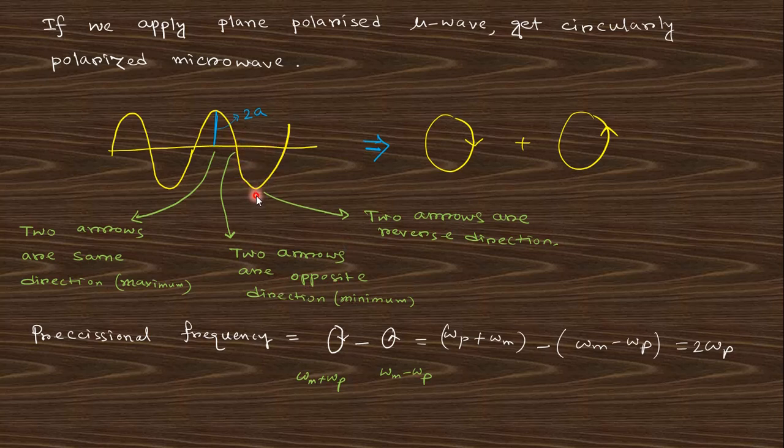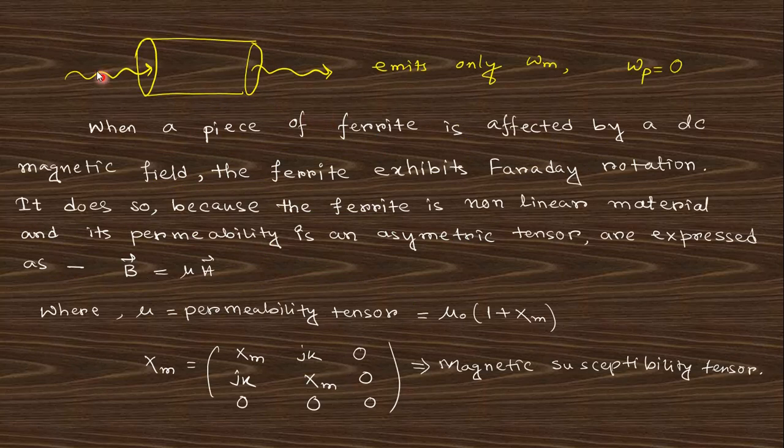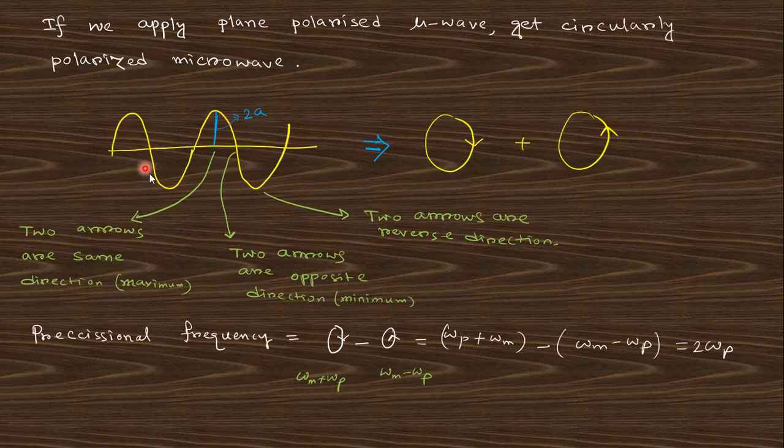Okay, so if you take this as a two part, that is polarized and a clockwise anti-clockwise part, if their frequency will be like that, then finally you will get the precession frequency will be 2 omega p. Okay, and when we emit this, omega p is 0, and only omega n will exist. So that means these have the two components, the maximum and minimum, that is the maximum frequency, and this p is the polarized frequency actually.